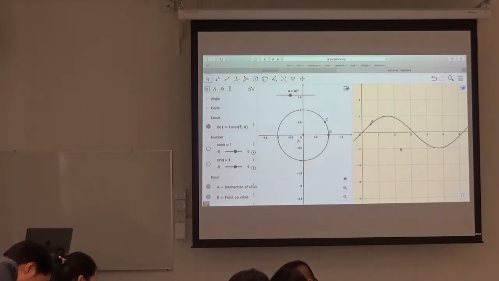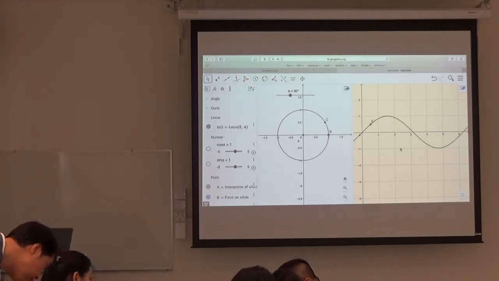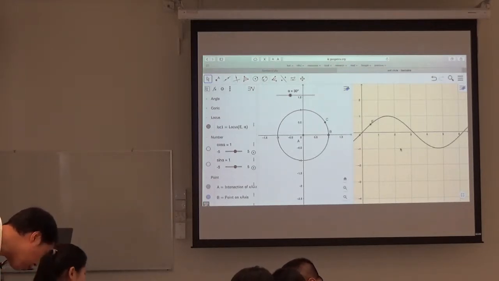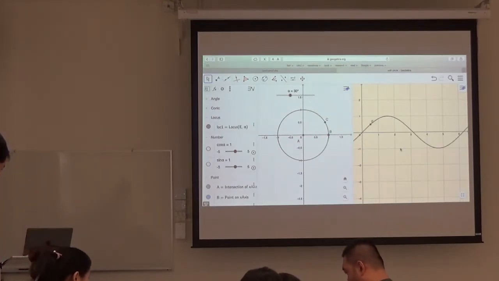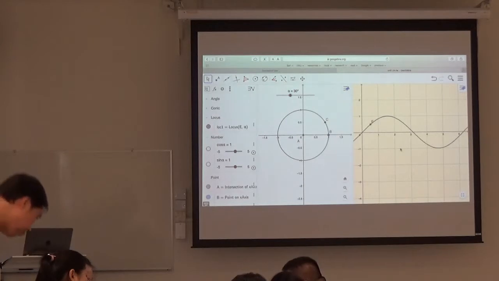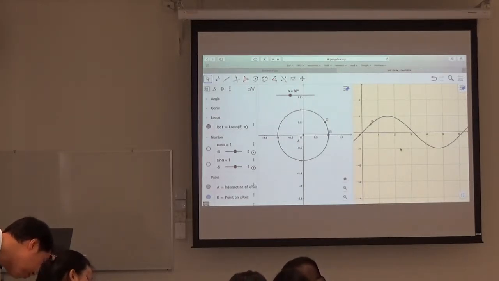No, it's the corner. Why I can't select the slider? Will you select the slider? 你都已经做到这儿了。那你那个格子呢？哦，这儿，都出来了。